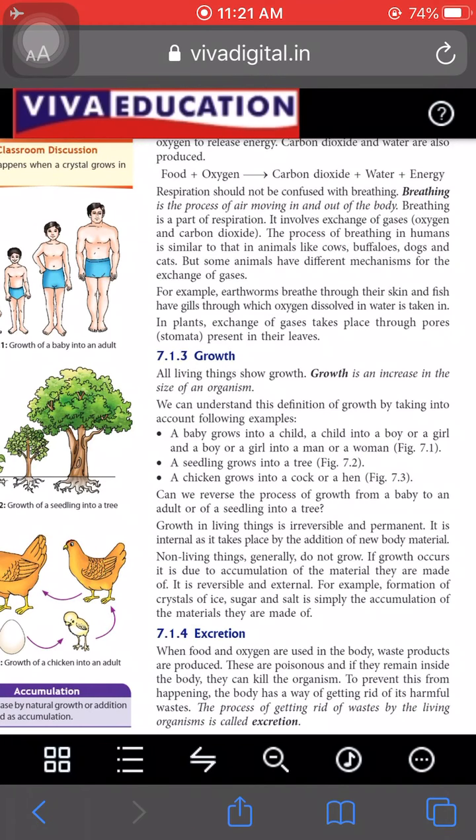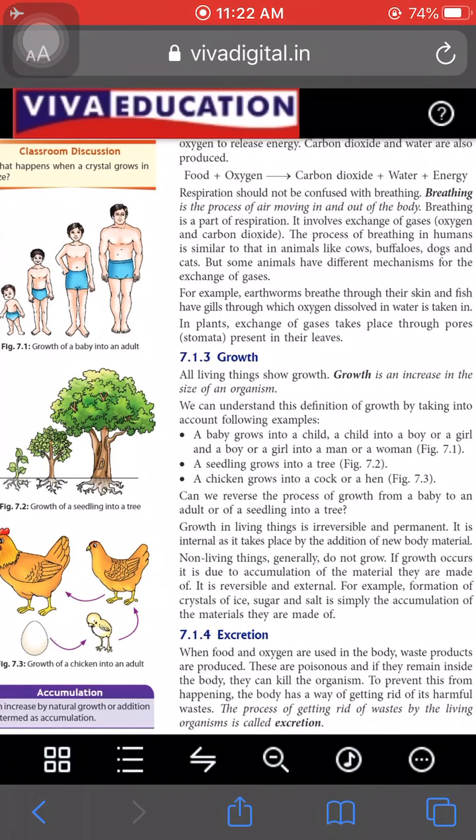Next is excretion. Excretion means removing waste products from our body. Mostly, living things excrete or remove waste products from the body in different modes. For example, in human beings